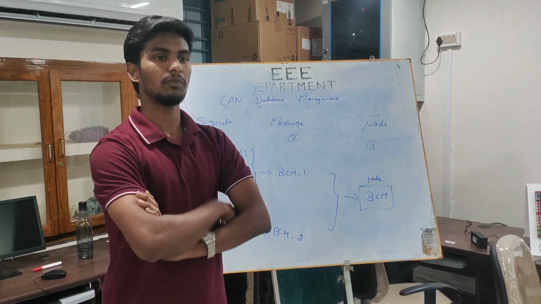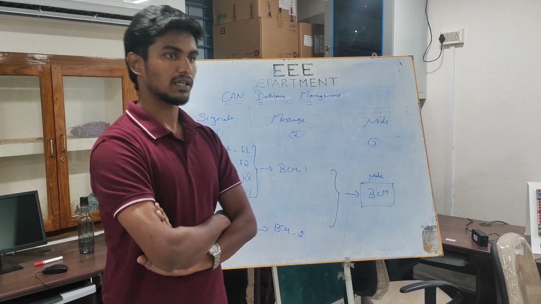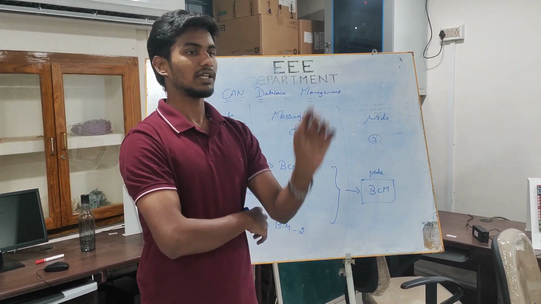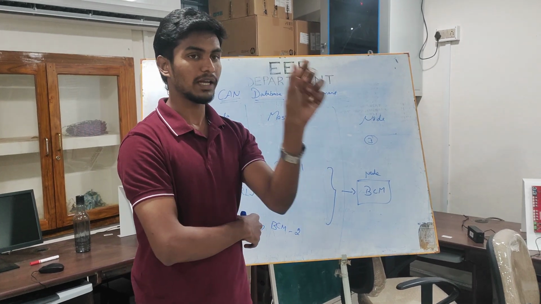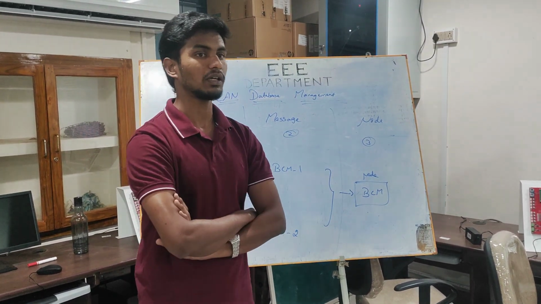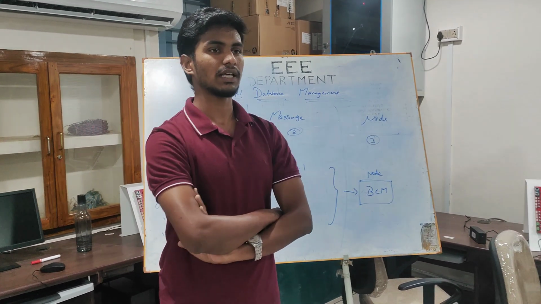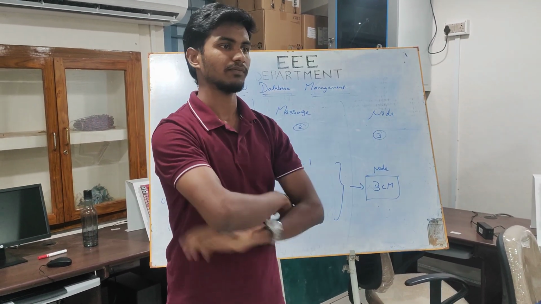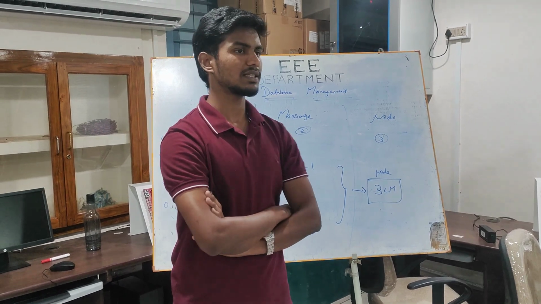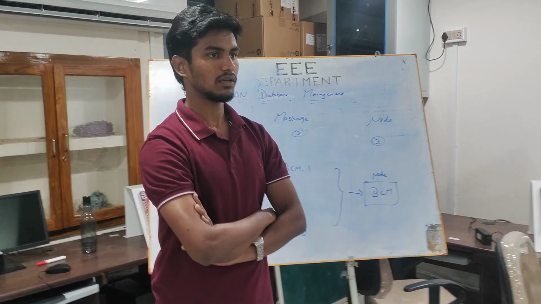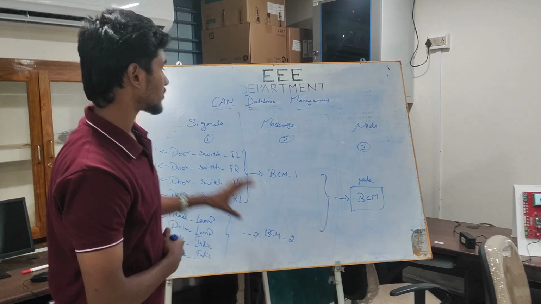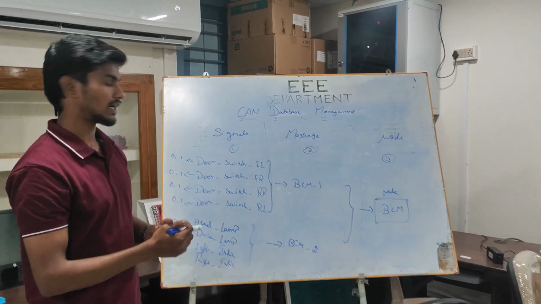But per message we are able to give up to 64 bits only, which we separate into 8 bytes. 1 byte consists of 1 signal for our upcoming process, so it is easy to access the signals. That is why we assume 1 signal as 1 byte. The range we can set is only 0 to 1, so there are no issues. Okay, so this is the concept of creating the CAN database.